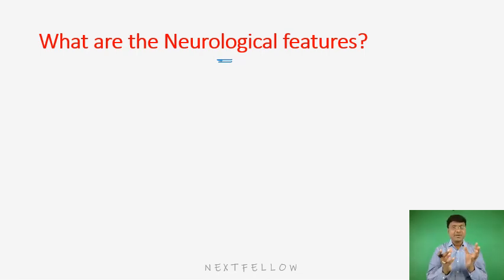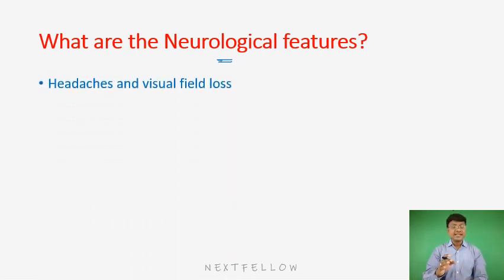So these macroadenomas can compress the surrounding structures, or they can raise the intracranial pressure, and that is the reason why there can be headache because of raised intracranial pressure. And because of the compression of the optic chiasma, there can be development of visual field loss as well. So these are the neurological features that you will observe in patients with acromegaly. Next,